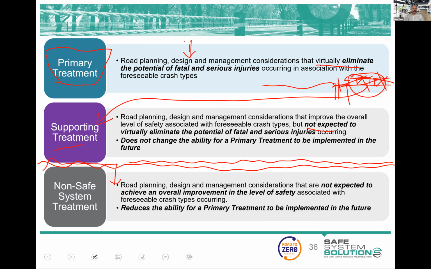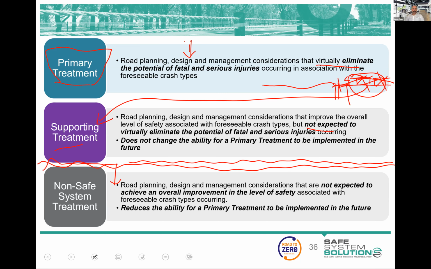And in fact, anything that really is only addressing the likelihood of crashes, so lighting, line marking, anything to do with traffic signals, these are all supporting treatments. Because you're not managing the speeds, the angles, the energy, basically, within tolerable levels, or you're not fully separating. There's still the conflict points there. So there's a couple of little tricks there. Think about that: is it only addressing the likelihood of crashes? Then it's going to be a supporting treatment,